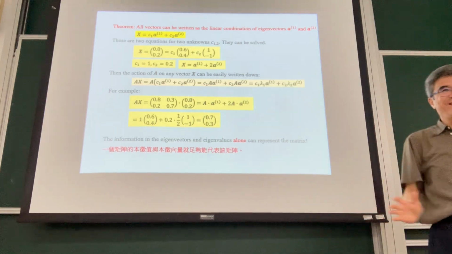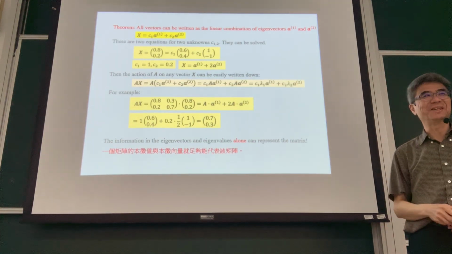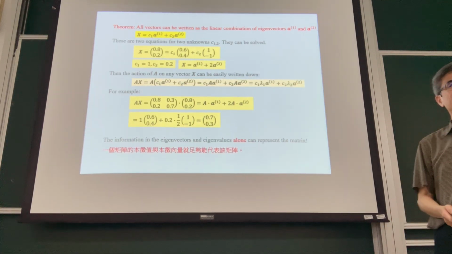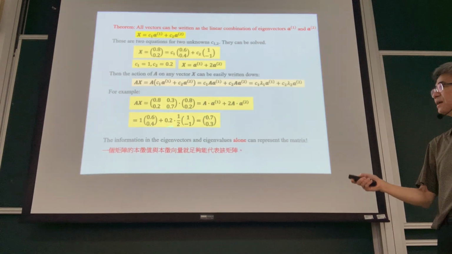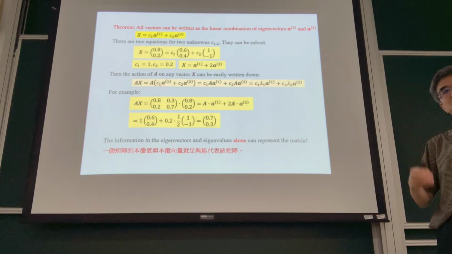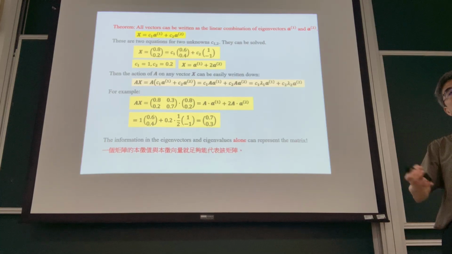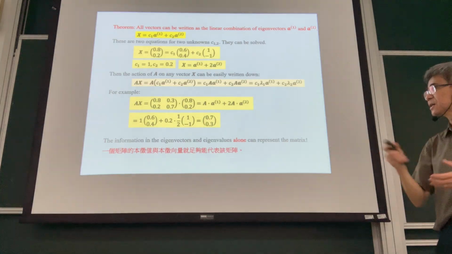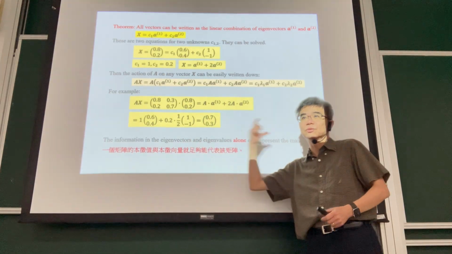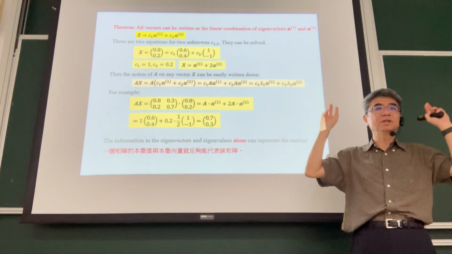Wow, I mean, mathematicians like this kind of trick. That means the essence of the matrix is contained in the eigenvector and eigenvalue. Or put it another way, all the essential information of the matrix A is contained in these two. So that's why it's called characteristic